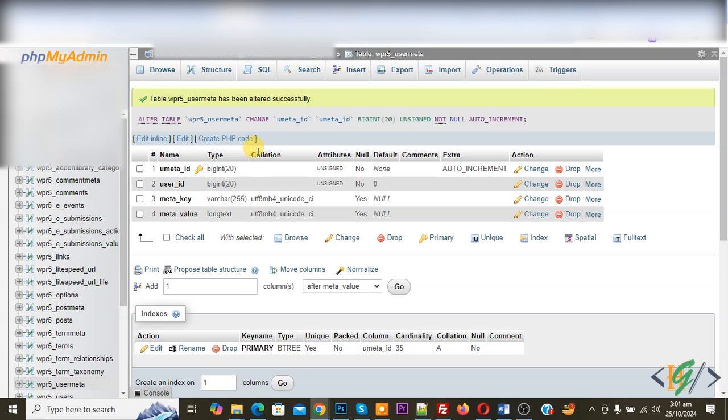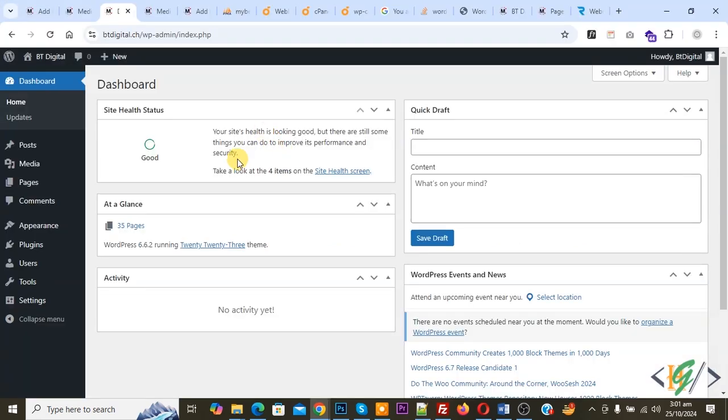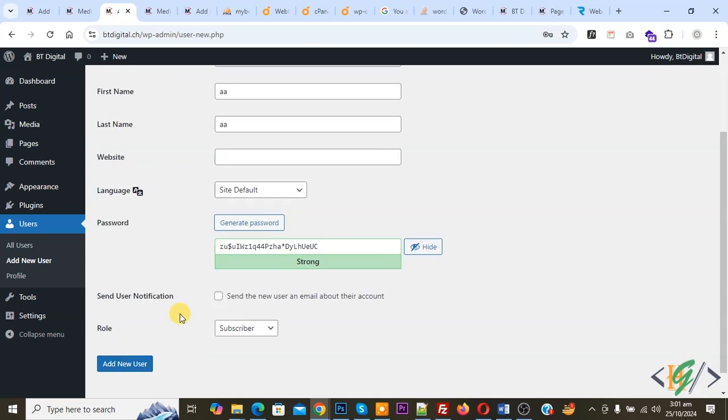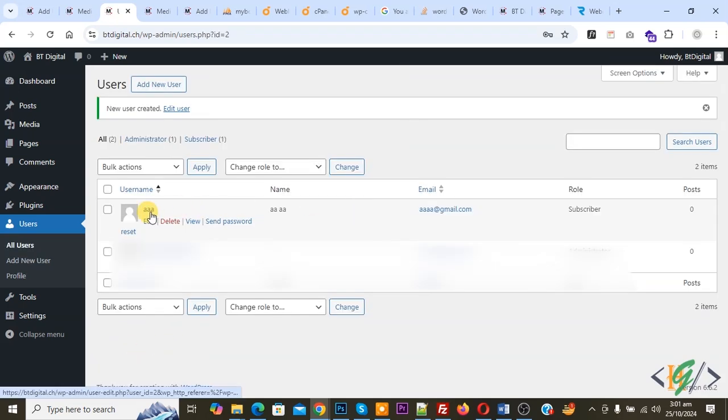Now go to the WordPress website again to check whether the new user is created or not. So we are in the dashboard. On the left side you see users. So click on add new user. So we are going to add some records and then click on add new. So click on it. Now you see the new user is created after fixing the users table and usermeta table, adding primary key,